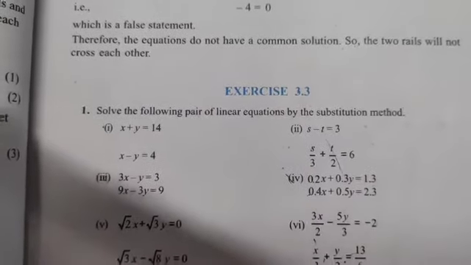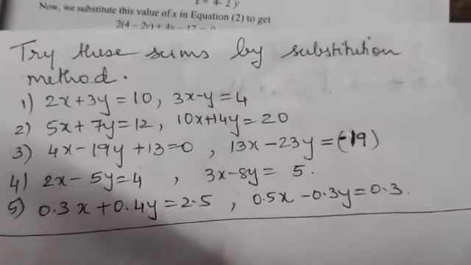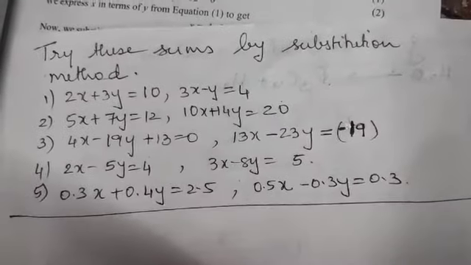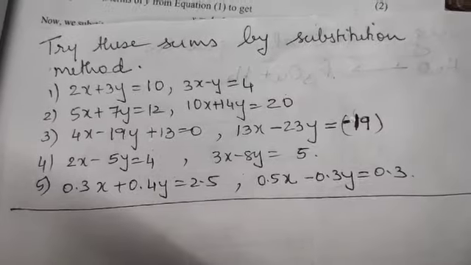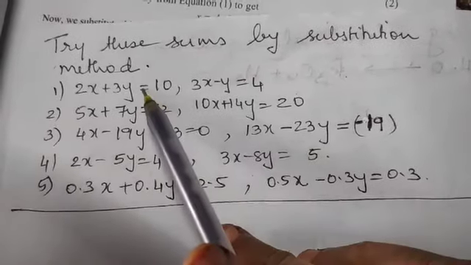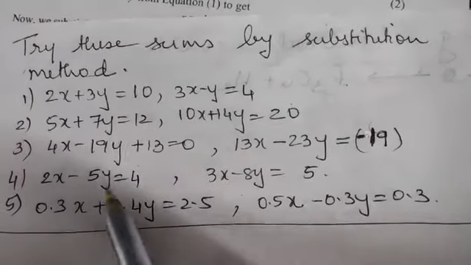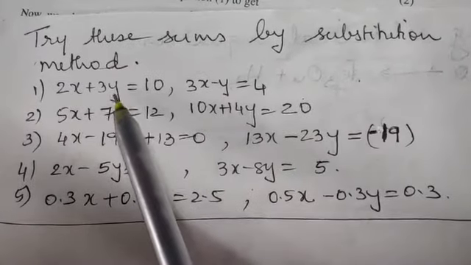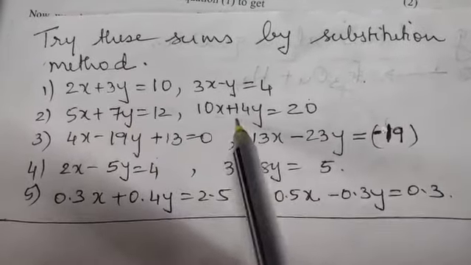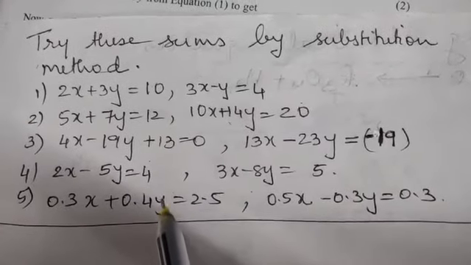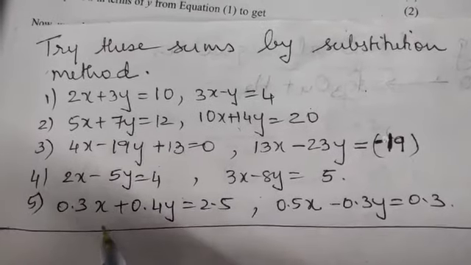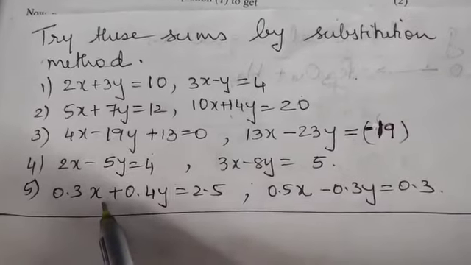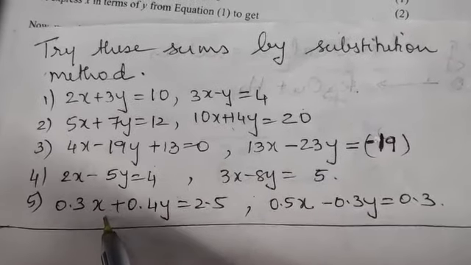Apart from that, additional practice if you want, you are having these sums. Okay? These sums you can put up from 1st to 5. I give a new practice one. In each sum there are 2 equations, right? Pair of equations. So you will solve all these sums by the substitution method. I have included one decimal type of sum. I hope you will understand how to work it out.